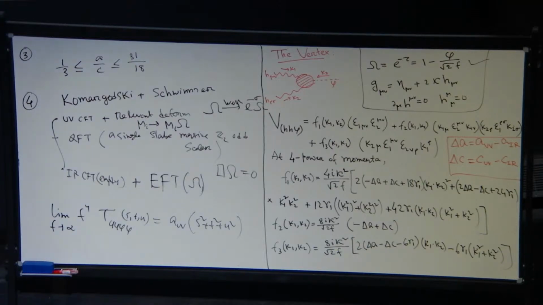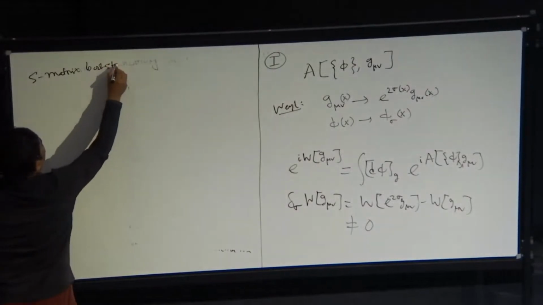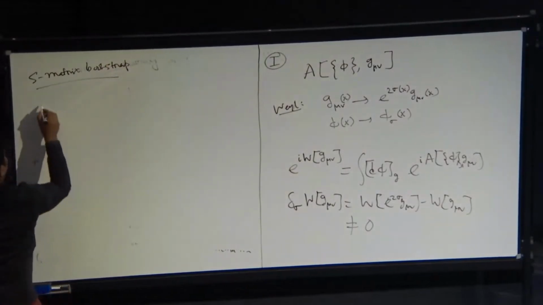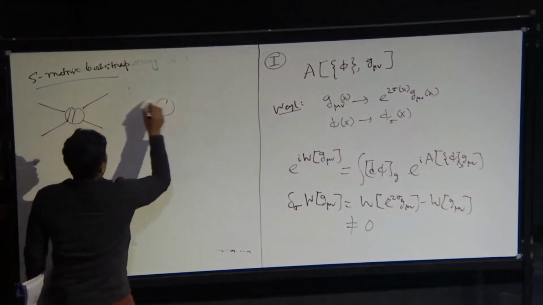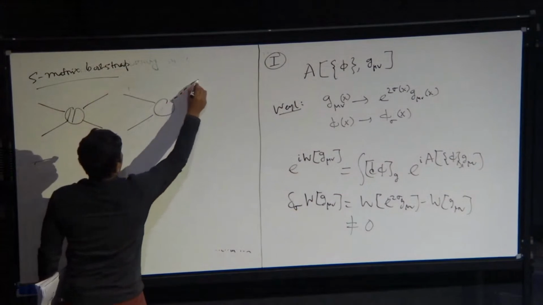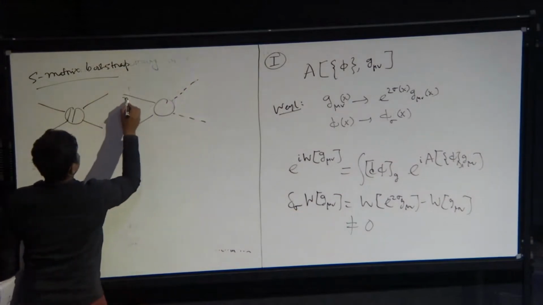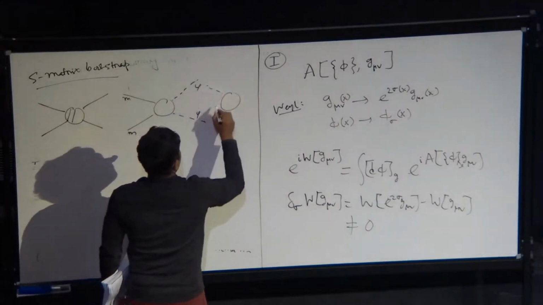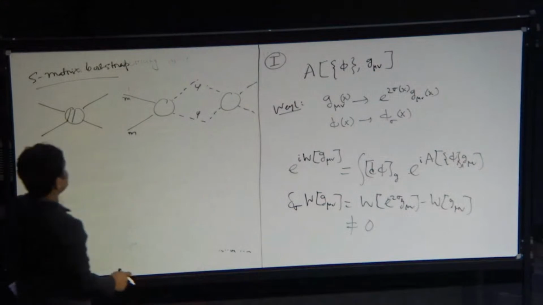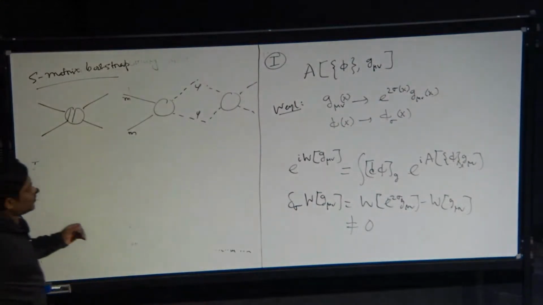So, anyway, then basically in the S-matrix bootstrap setup, we consider scattering of these stable massive scalar particles, four particles, and then two scalars and two dilatons. So these are the scalar particles, and the dotted lines are dilatons. And we use this numerical S-matrix bootstrap program to really find some